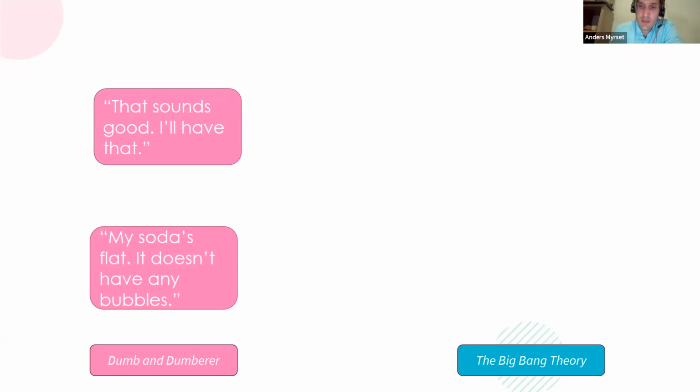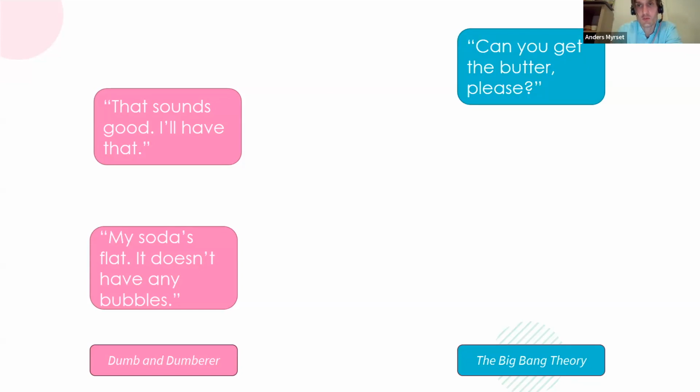And then the same for the Big Bang Theory, which is a TV series. There is a scene where Sheldon and Amy are seated at the table. Sheldon has a conundrum about buying an Xbox or a PlayStation, and they're having dinner at the time. And while he is presenting this conundrum to Amy, she asks him to pass the butter, and she gets, sorry,